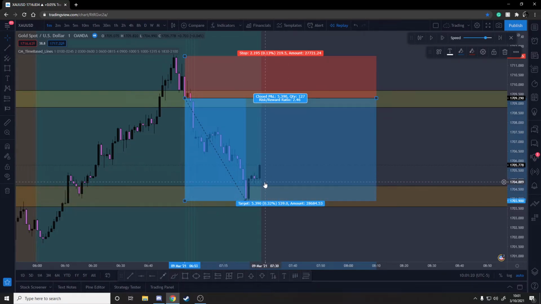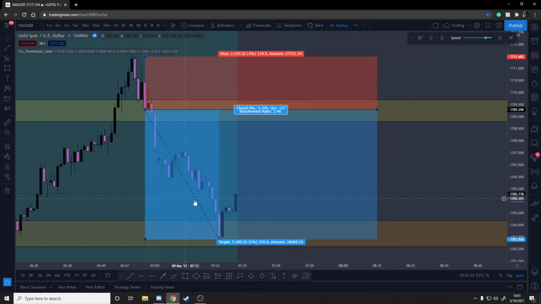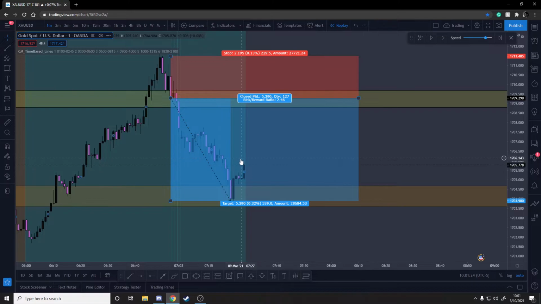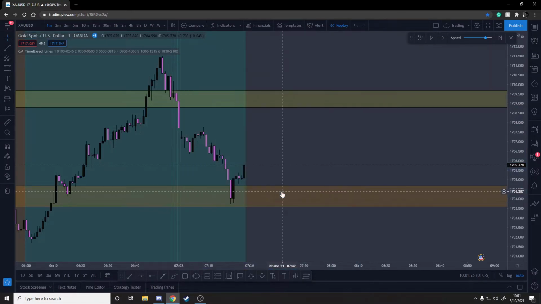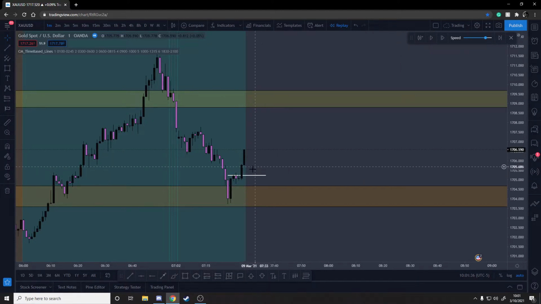I did not close the trade out completely. I wanted this price to give me some kind of reason to get out, which was right here. I had this resistance created, and once this candle closed right here was when I exited my trade. So small little trade that I took